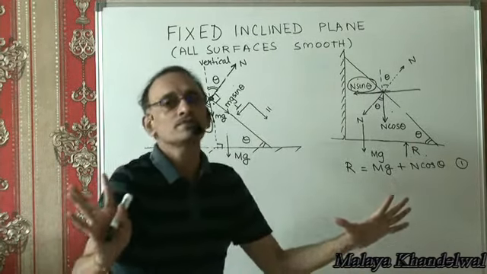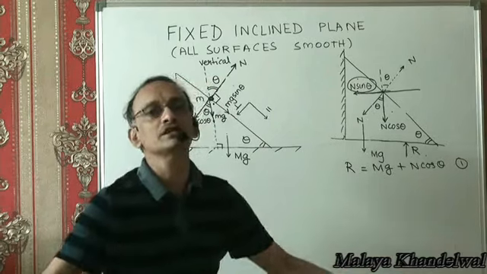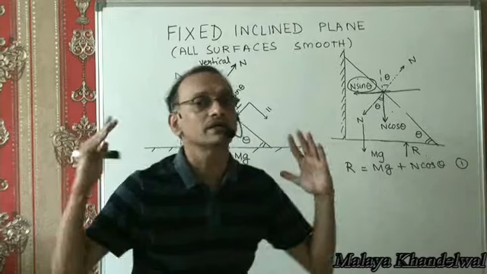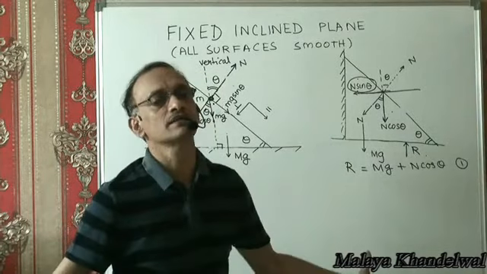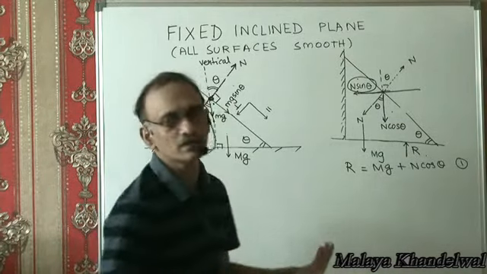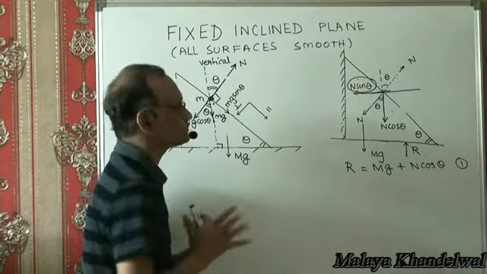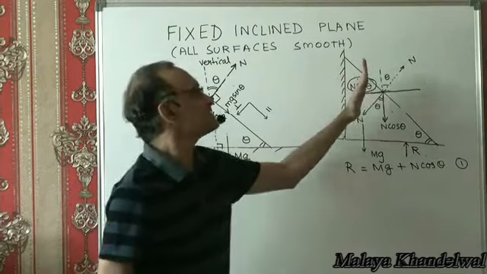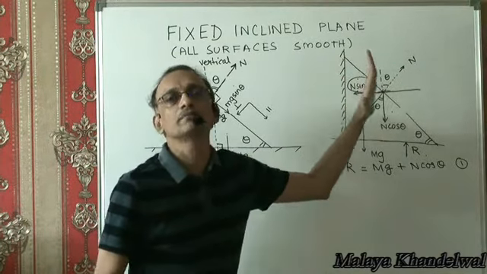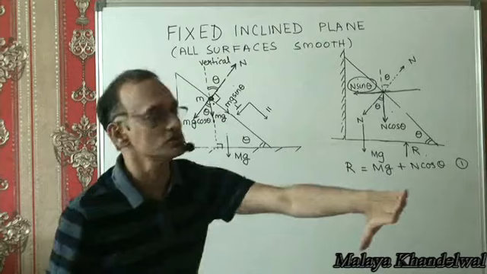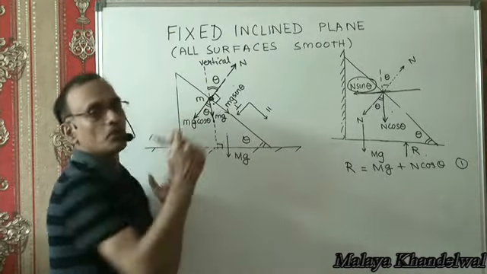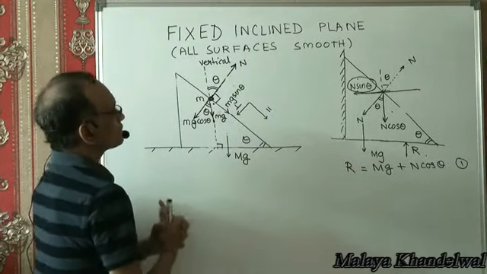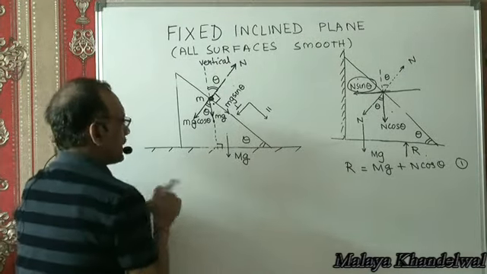One way or the other, by some means, we are preventing n sin theta from producing an acceleration on the inclined plane. The inclined plane remains unaccelerated, right? So this is the situation that we are talking of now. So unaccelerated inclined plane, fixed inclined plane, by some mechanical mechanism, n sin theta is countered. Now, look at small m. Would you not want to believe that in a direction perpendicular to the plane,